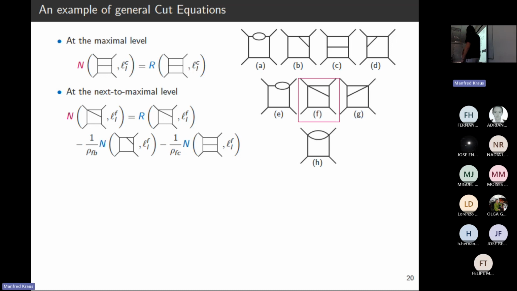But in the end, if I do this, I also get contributions from here because I can use this like here. So in the end, I would also be able to write down a system of linear equations for this topology and also get my difference. And then in this way, just by iteratively computing tree-level amplitudes and fitting the integrand, we can compute the whole